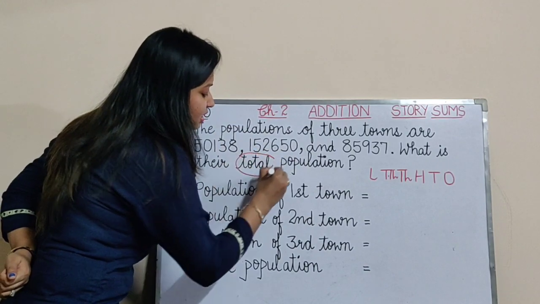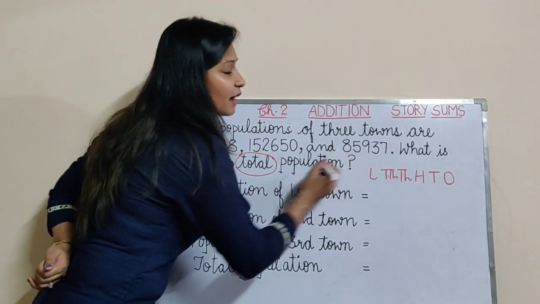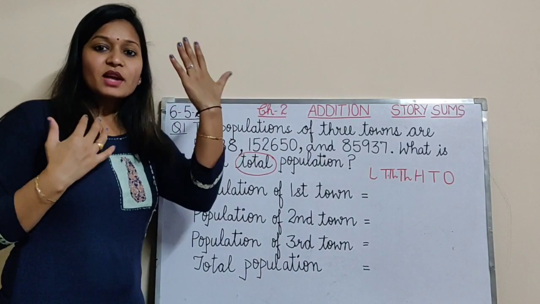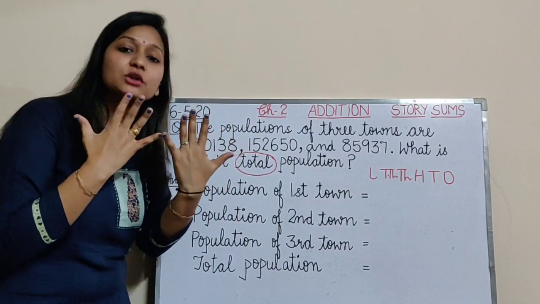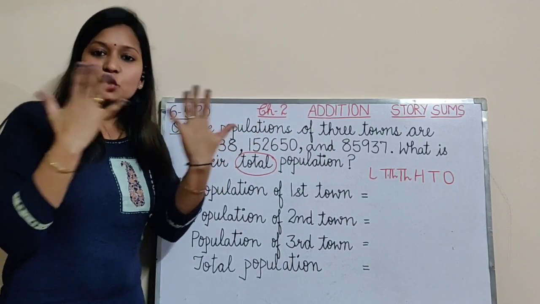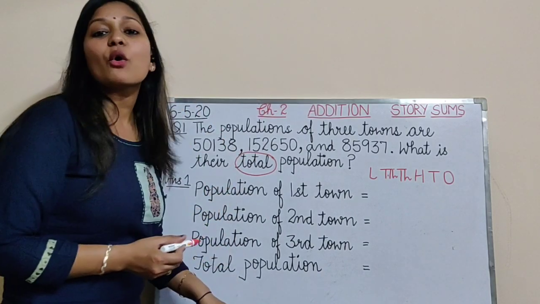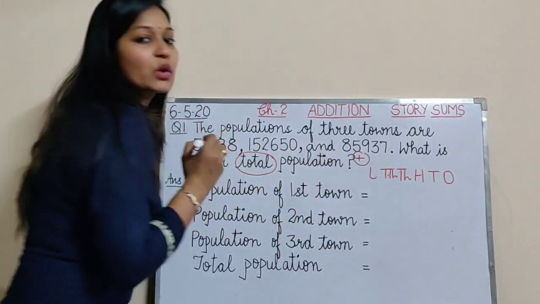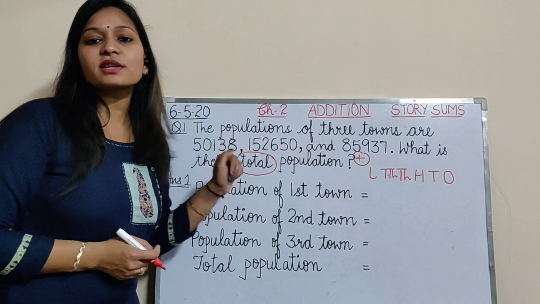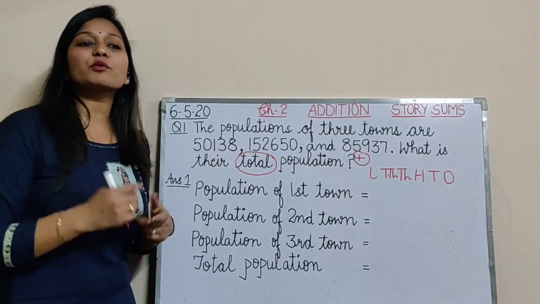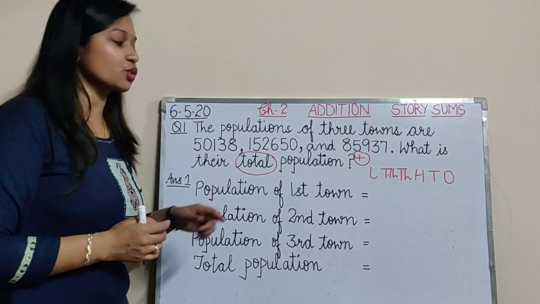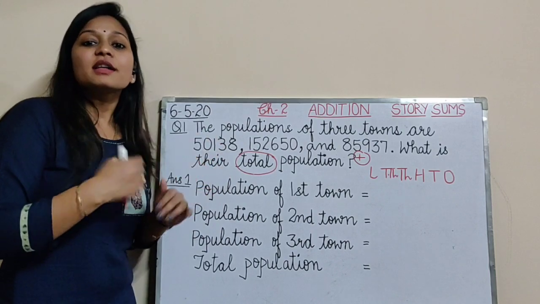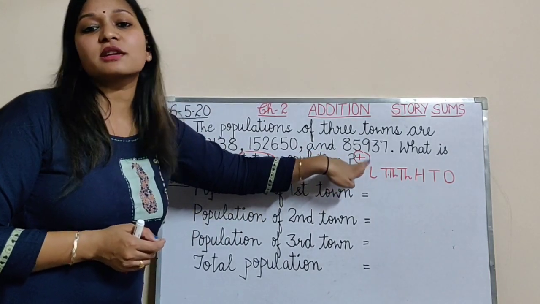So just see the keyword here. What is the keyword? Total. And for total, what do we do? How many total fingers do I have in my both hands? Here 5 and here also 5. If I ask what are the total number of fingers in my both hands, you will be adding both. That's why we will always find some keyword. When total is there, it means we need to plus in this question. Wherever story sums come, you need to see that there would be plus, minus, multiply or divide in those questions. So total, in all of them, these are some keywords where you have to do plus in all these questions.